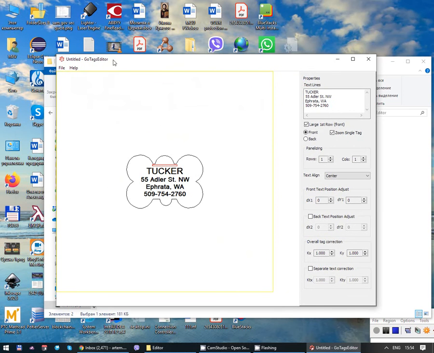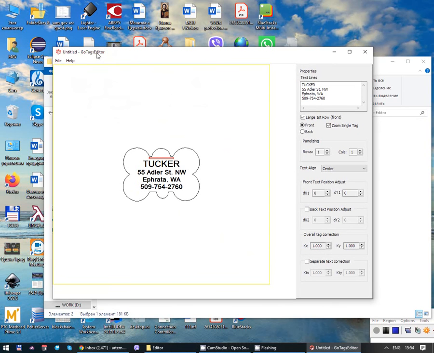So basically the software is launched through the GoTagsEditor file, and what we have here is the view